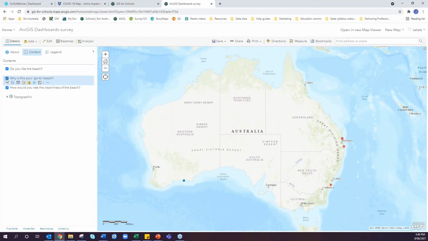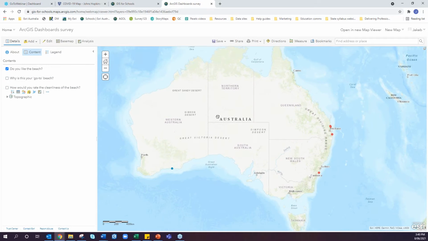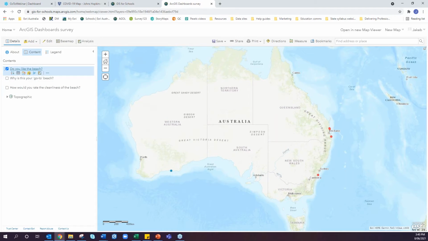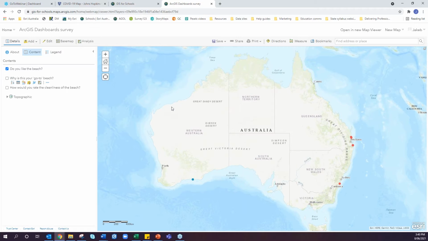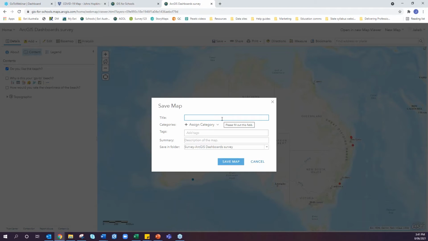So I'm going to turn these two layers off. I'm going to show that by default, do you like the beach? That's the layer that's going to be displayed on my map in the dashboard. And I want to make sure that my map extent, I'm happy with my map extent in this view. And when I am, I hit save and save as. So we'll call this one